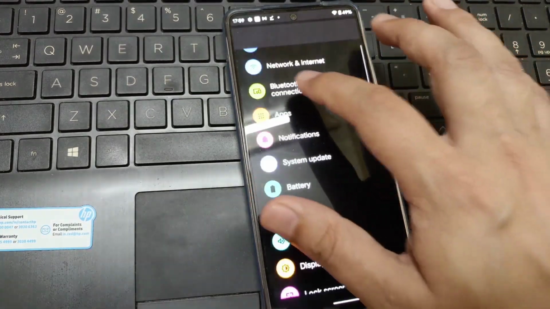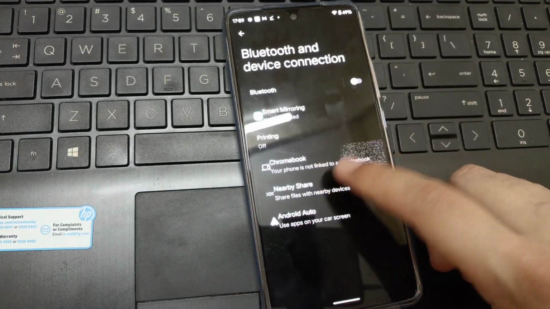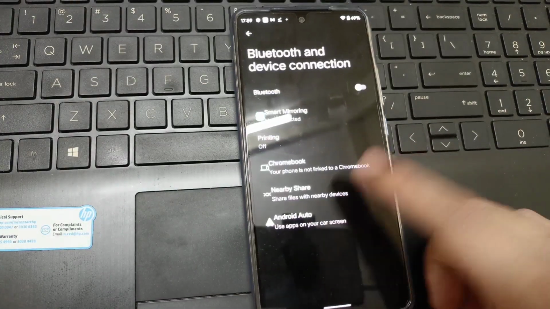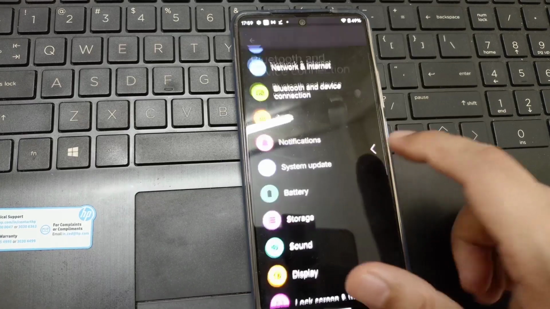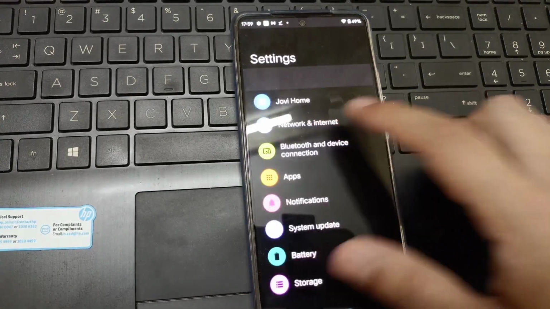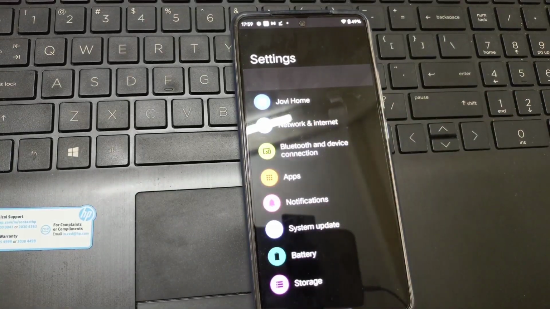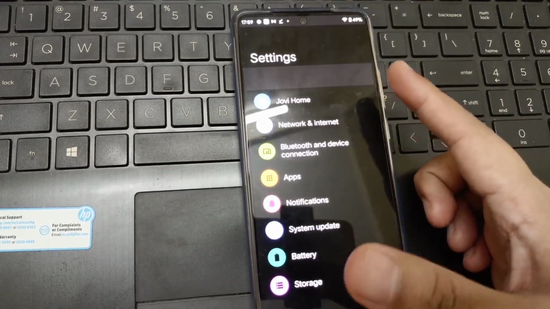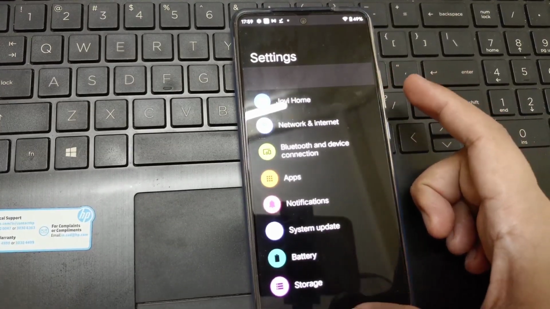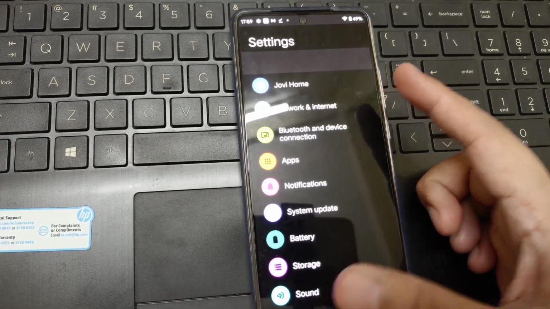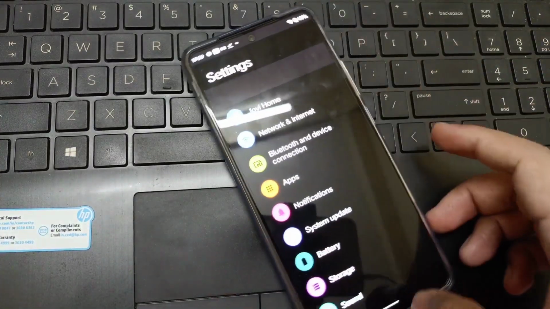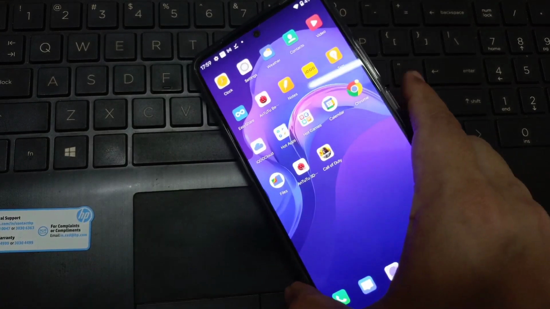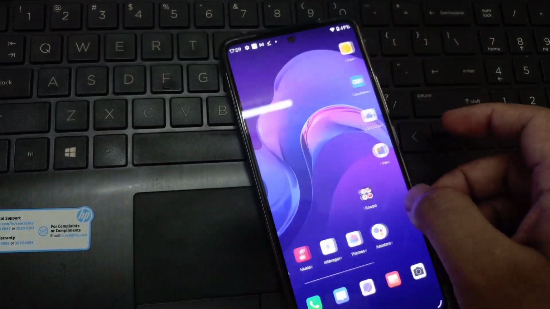If you see this, Chromebook, Nearby Share, Android Auto, these are the options right now available. And one thing I felt is that the network and internet Wi-Fi was working far better in this build. I do not know what magic it did, though it is in a beta state, but it was working perfectly fine. So guys, that was all about Android 12 beta.